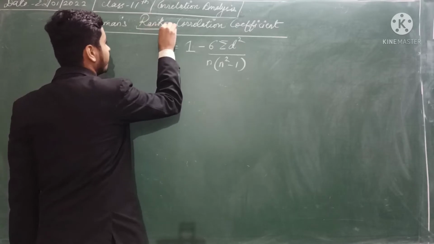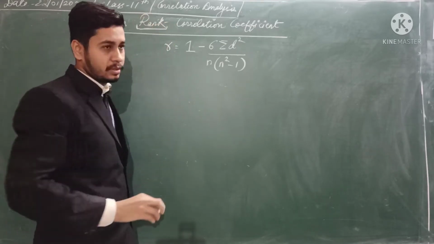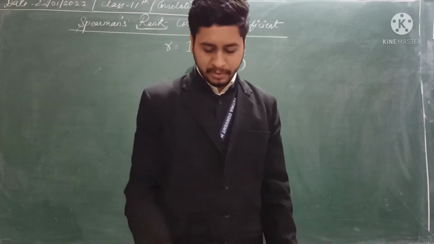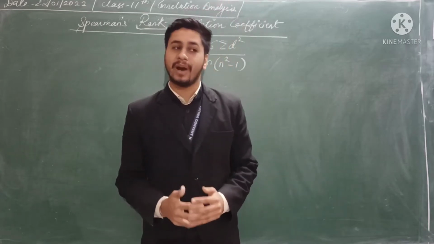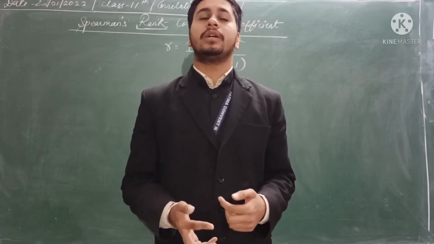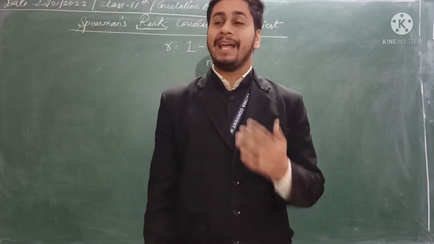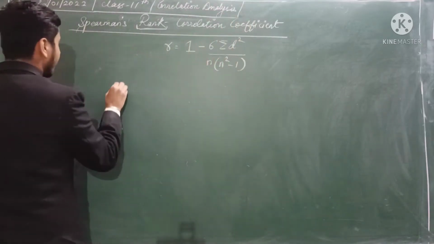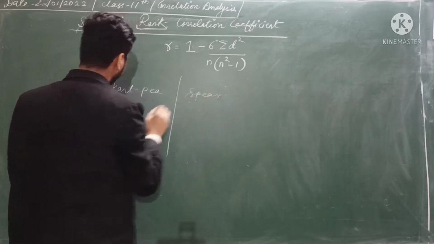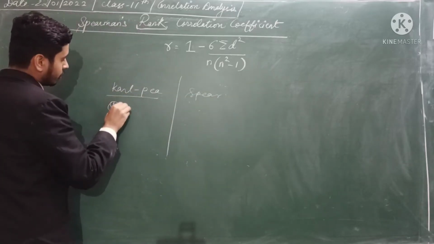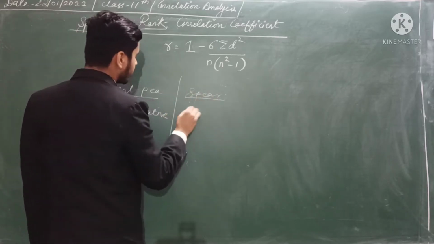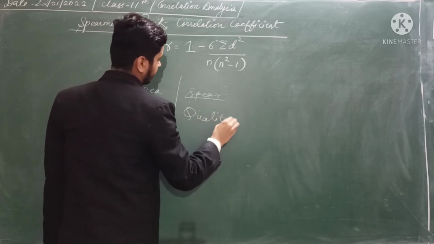Now you must be thinking why we are using this word rank here. I will tell you what rank we have to see in the question. But before that, let us understand why two tools. Why can a clear picture of correlation not be made with the Karl Pearson coefficient alone? If you compare the two, the Karl Pearson coefficient is used for quantitative purposes, and Spearman's rank correlation is for qualitative purposes.